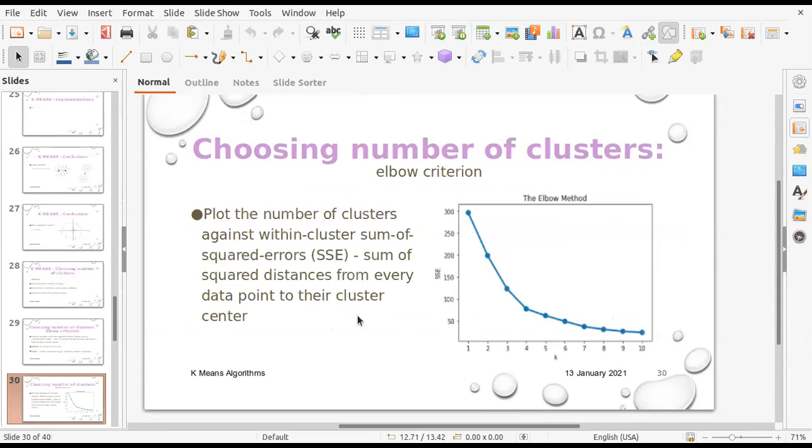When you are plotting this graph, equivalently we are saying that we have tested it for different values of k. That is, we have formed these many clusters, and then we have computed the values of SSE. So it is first doing all the calculations and then deciding k, so you will be spending a lot of time in doing this. But this is also a good method because you are doing it visually.